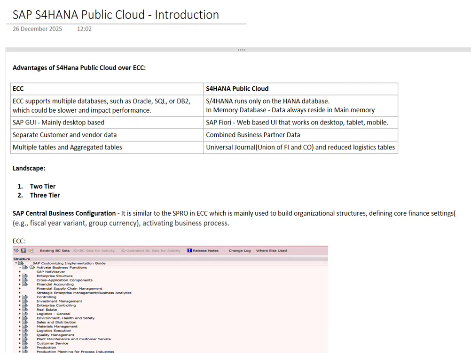In this video, I will try to cover the introduction of SAP S4HANA Public Cloud. So, ECC supports multiple databases like Oracle, SQL or DB2, whereas S4HANA runs only on the HANA database. The data is stored in a row-based format in ECC, whereas in S4 the data is stored in a column-based format. The main advantage of storing data in column-based format is